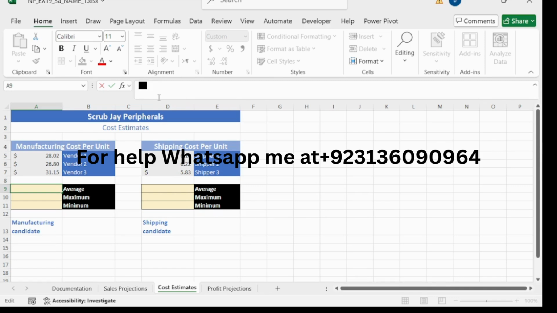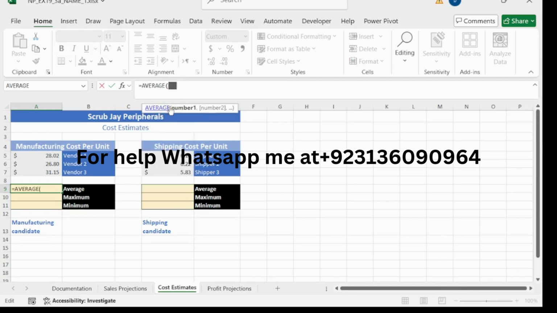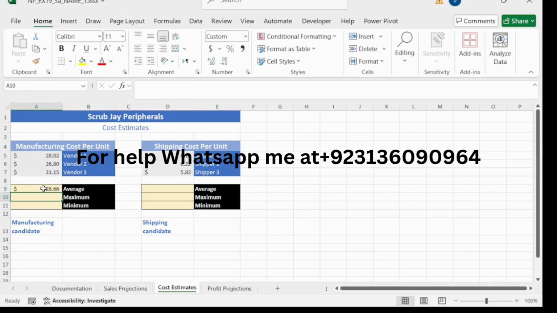So in cell A9 create a formula using the average function and is equal to average and select the range A5 to A7 and close the bracket and press enter and copy this formula, copy this to D9, paste them like this. So we have completed our step number 5 and our step number 6 is in cell A10.